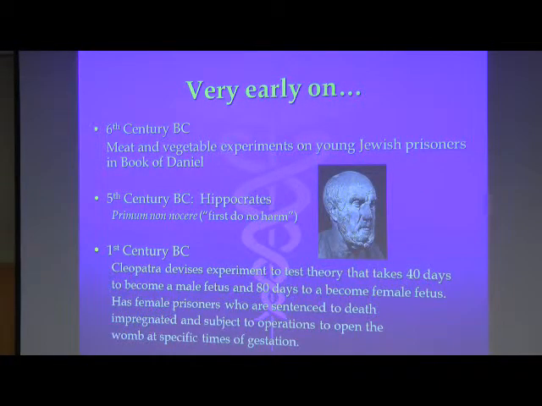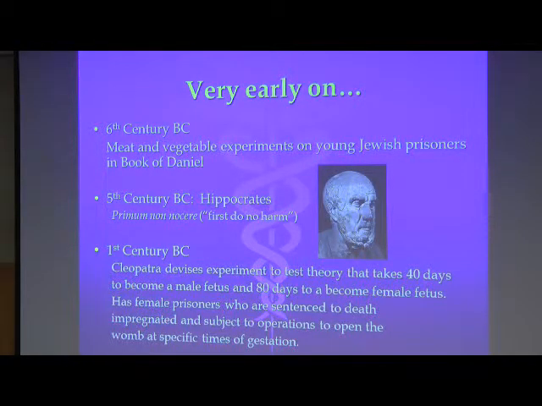So, very early on, going back to the 6th century BC, there are reports of experiments on Jewish prisoners being done in the book of Daniel. And then really in the 5th century before Christ, Hippocrates, who was a physician and philosopher, was really the first to come up with this concept of primum non nocere, which is first do no harm, which is still practiced